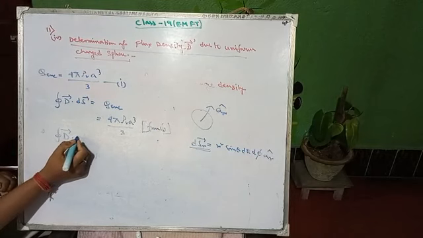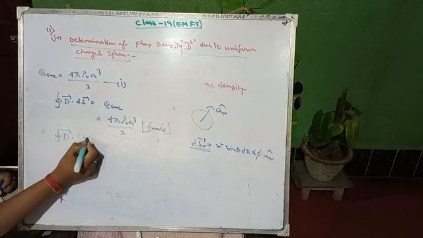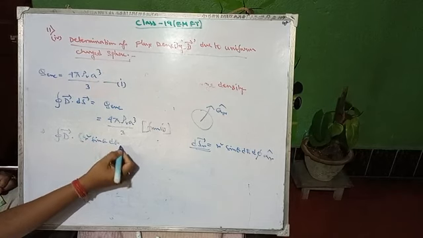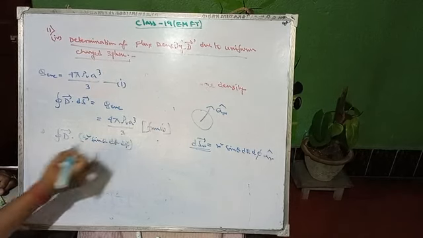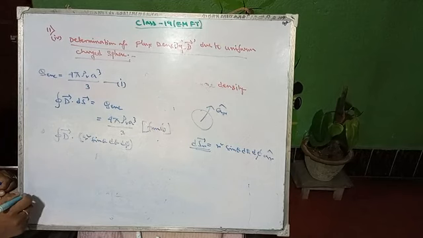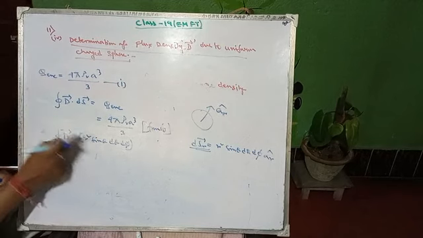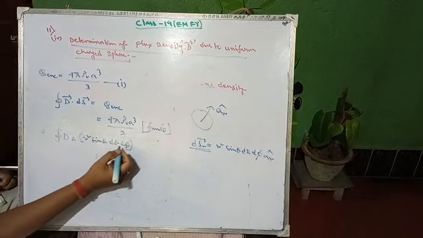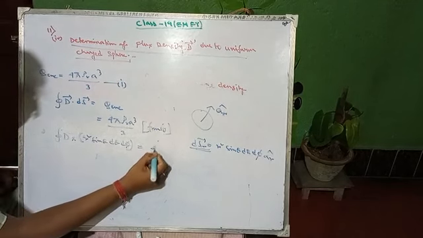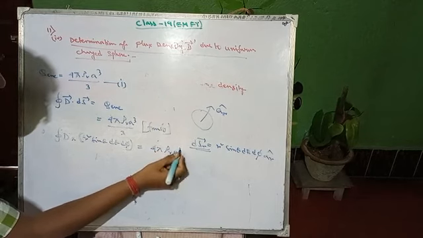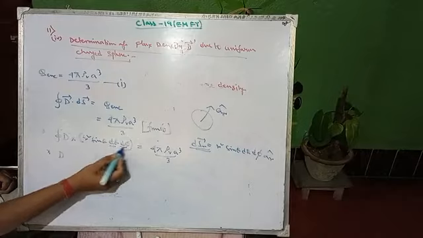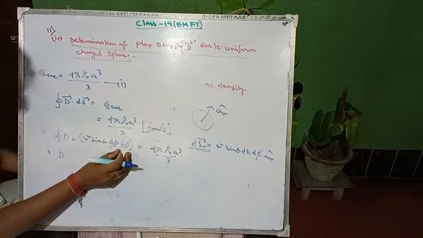So dr dot r square sine theta d theta d phi. After putting this dot product, it will give a scalar value, that is D times of this one, equals 4 pi rho V a cube by 3. So D taking outside.